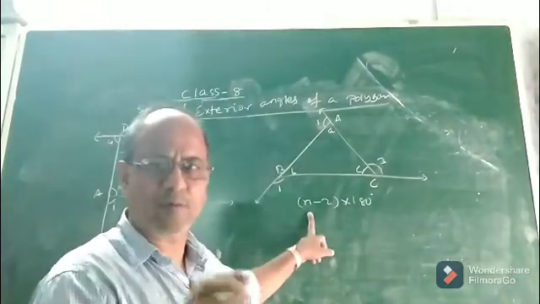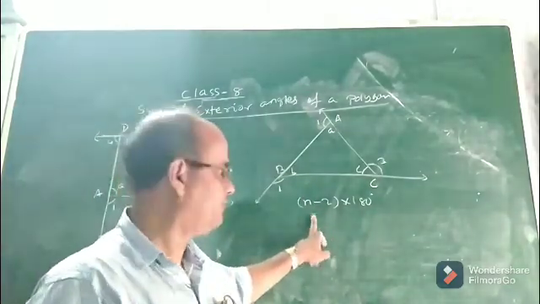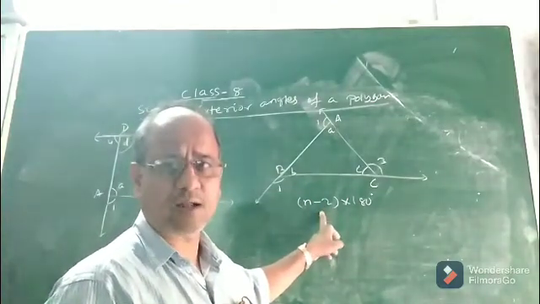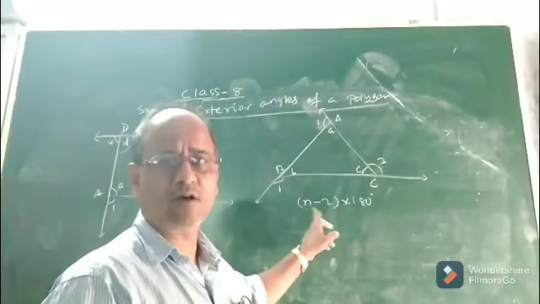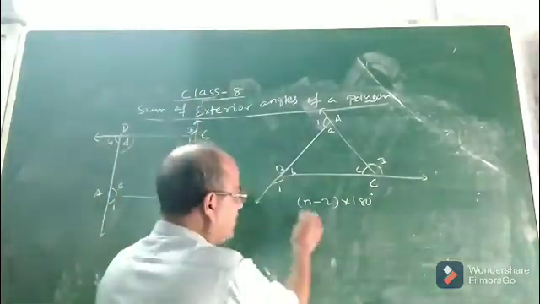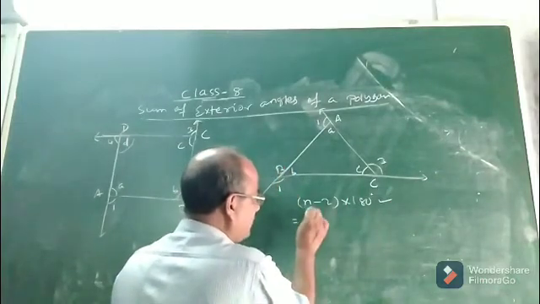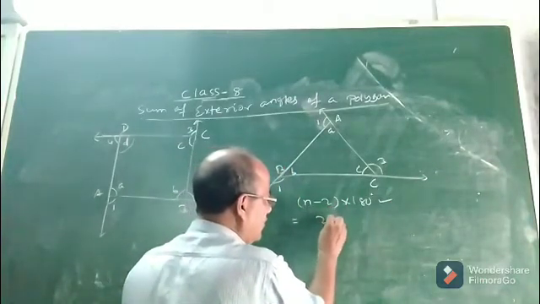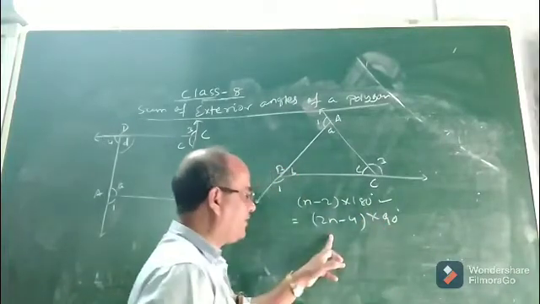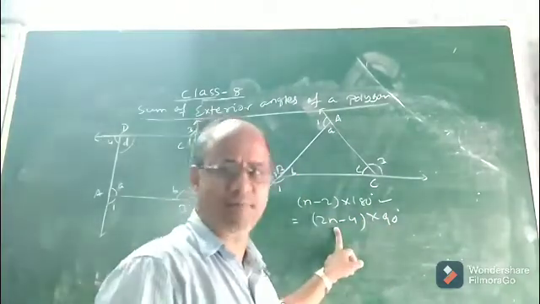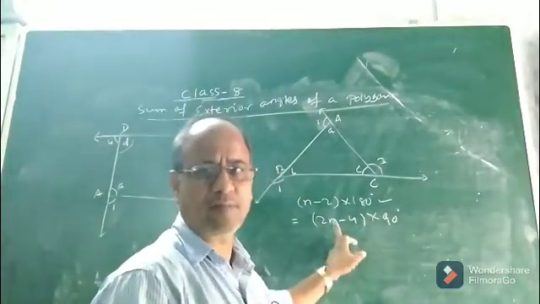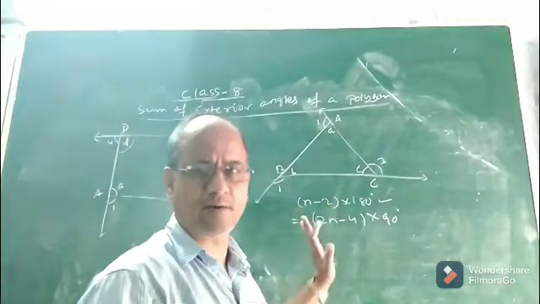Children, there is still another formula. Of course, it is not given in your book, but you can use another formula. Instead of this formula, we can also use another formula to calculate the sum of interior angles of any n-sided polygon. So what is that formula? Let me tell you. This is one formula, and the second formula, instead of n minus 2, you can write (2n minus 4) into 90 degree, where n is the same number of sides. You can also use this formula to find the sum of interior angles of any n-sided polygon.